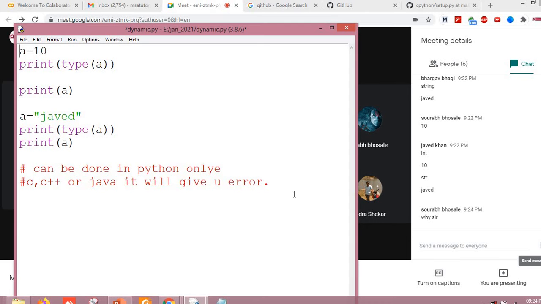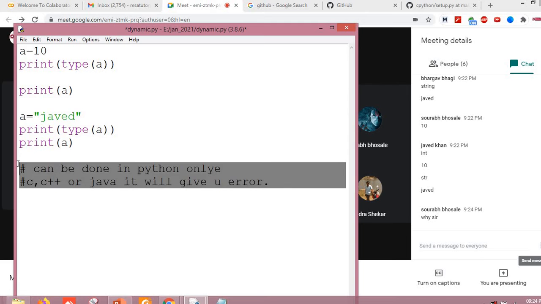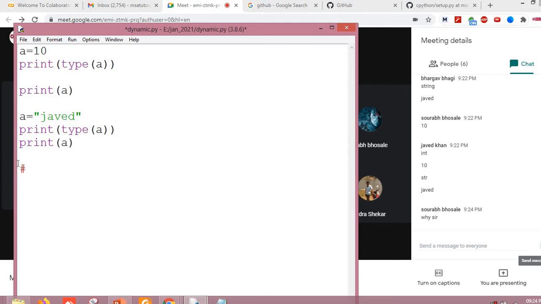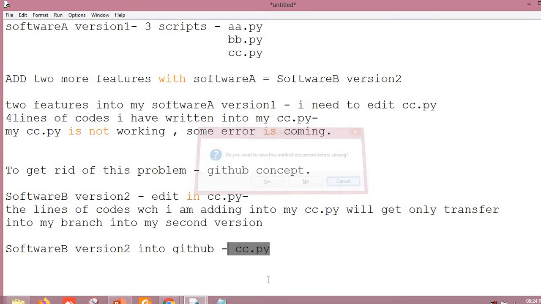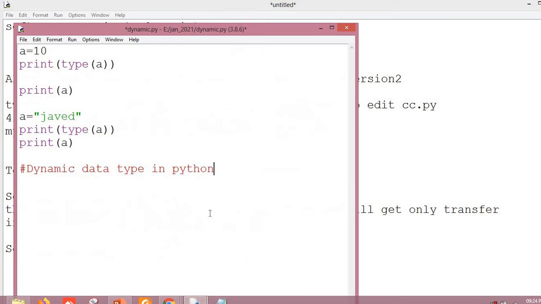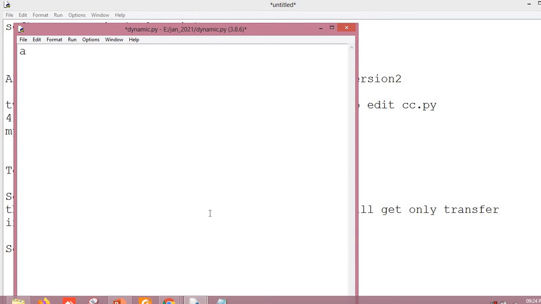So this property is known as what? Dynamic data type. Okay, dynamic data type in Python. We have this concept. Now suppose I have written a equal to